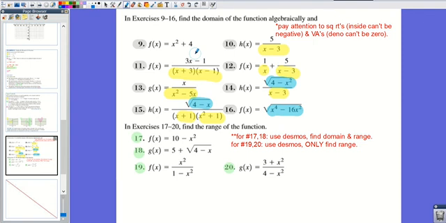So go ahead and do here. Let me show you which numbers to do. I'll actually keep